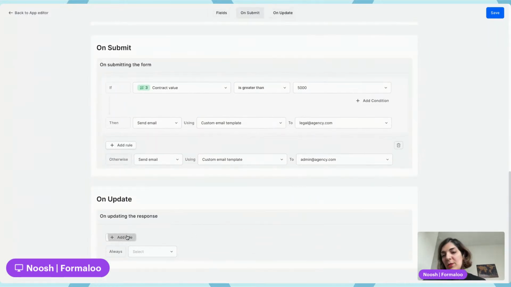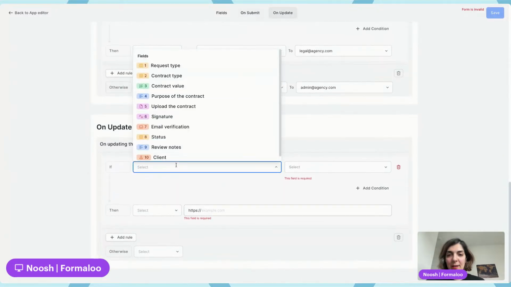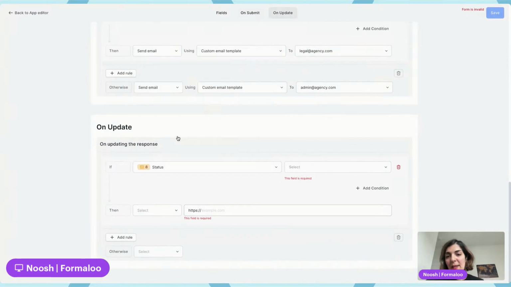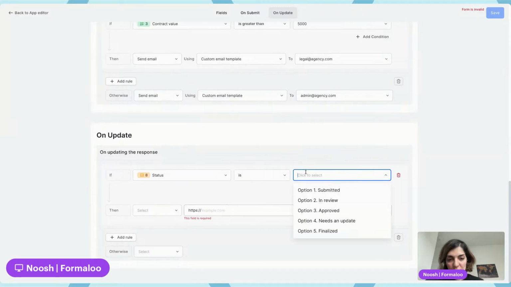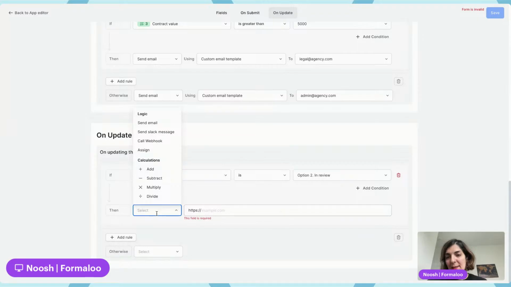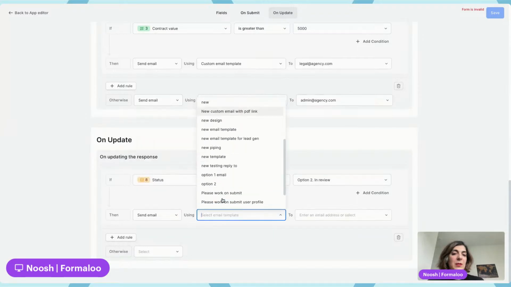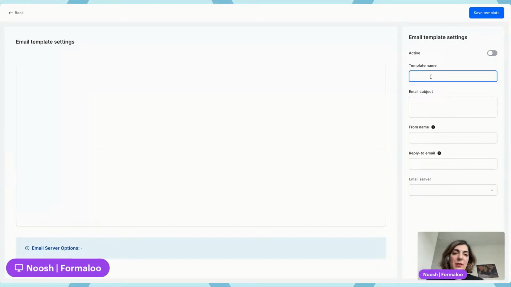So on update, I want to add a rule that when the card status is updated, if the status is changed to in review, I want to send an email using a specific email template. Let's say the email template is about your contract request is in review. Right, so you can add a subject, you can even pipe the answers that were entered on the form here or anywhere. So you can say, for example, hi name or